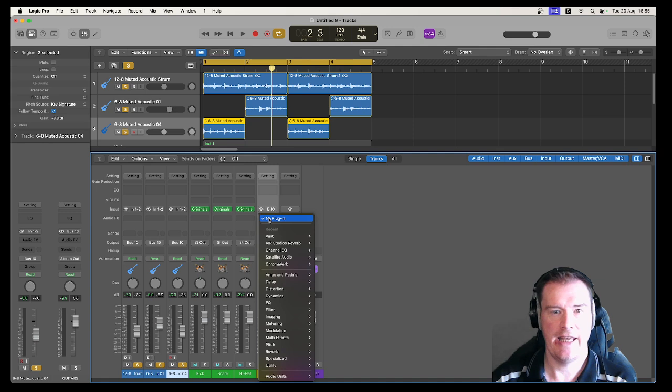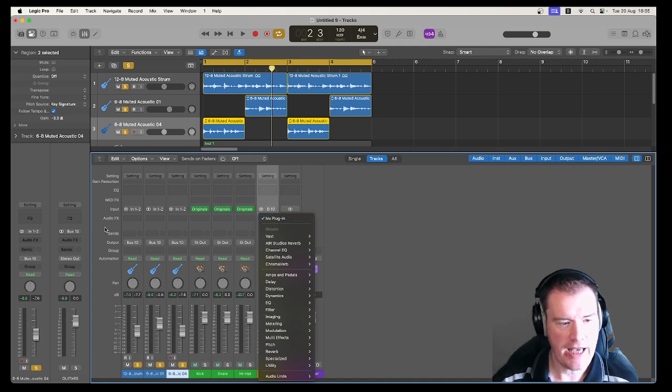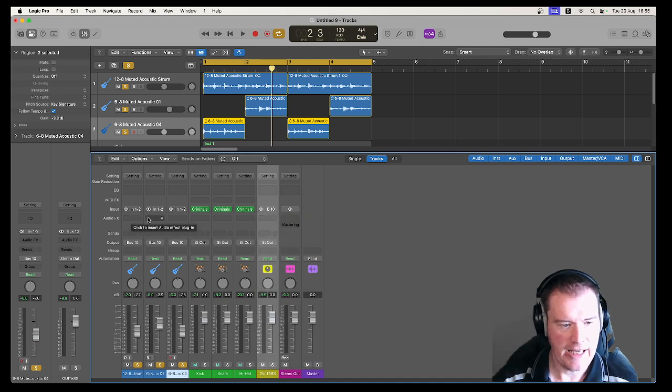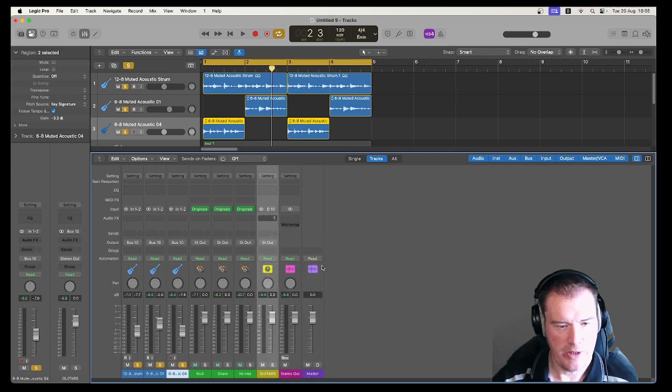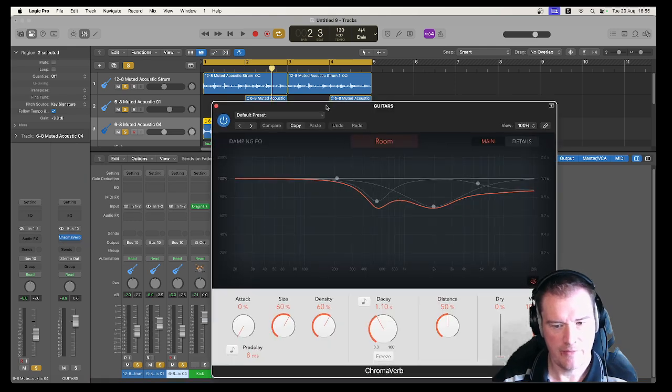So this is what I mean by an insert. It is something that is in line. I could have inserted an audio effect on each of these guitars, but that's going to use 3 times more processing power than putting it on in one place. So if we put a bit of Chromaverb on,